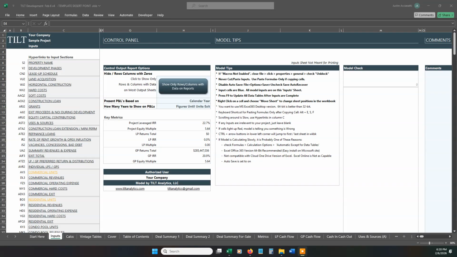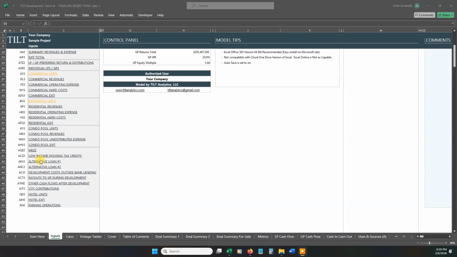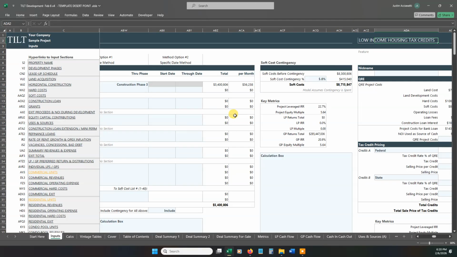This feature video is going to showcase the low-income housing tax credit module in the Tilt Analytics real estate development model. Clients can request this module when purchasing the model, and we'll do a little walkthrough here. I'm on the inputs page of the model. I can scroll down to my hyperlinks for the low-income housing tax credit input section, click on the link,